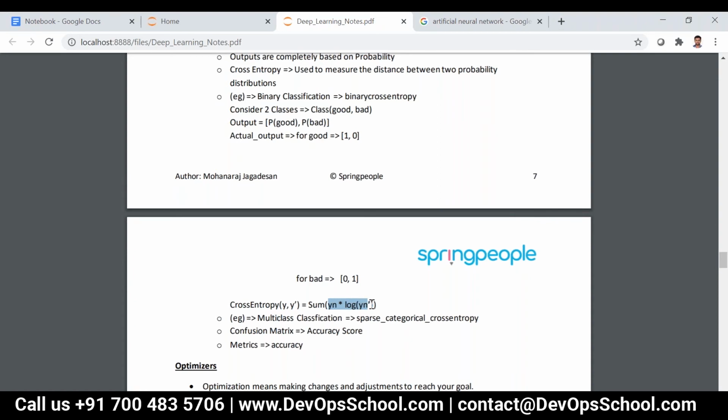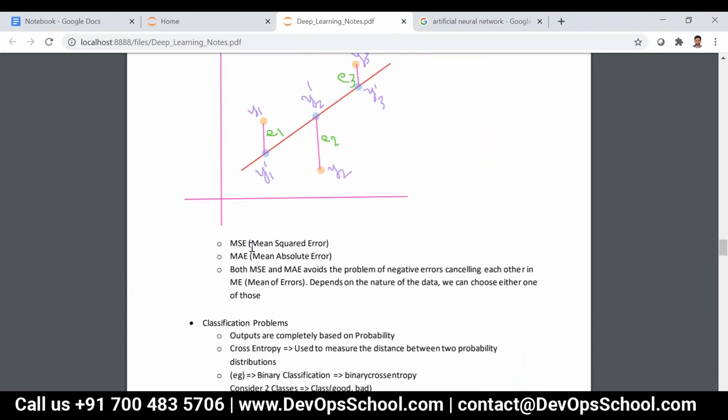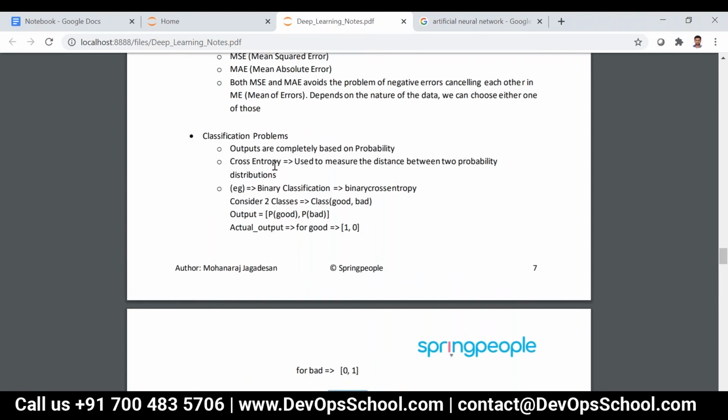Euclidean distance is the square root of (x1 minus x) whole square plus (y1 minus y) whole square. So MSE and MAE are for regression, and for classification, cross entropy is the measure.